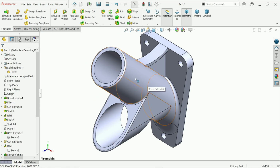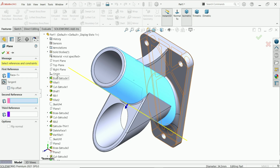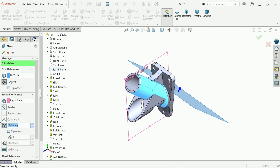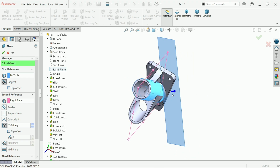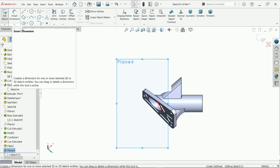Now let's add here those symbols. So let me create here one plane. I'll choose this one. For second reference, right plane. Angle here, let me change 35. Let's see where it is. Okay, this is going to be perfect for our shape. 35 degree. Okay. Now sketch on plane